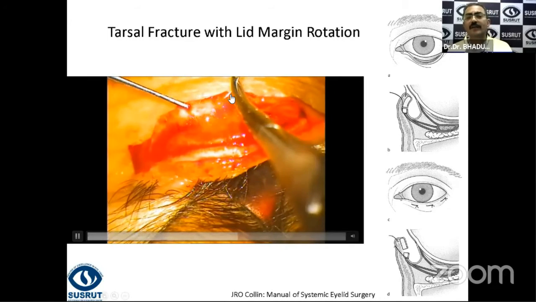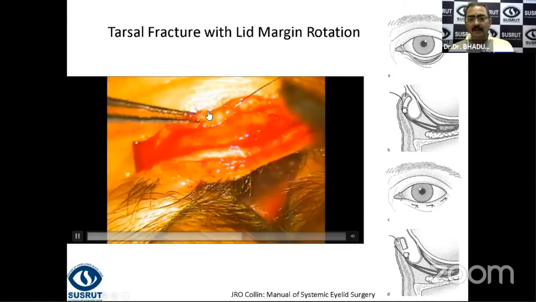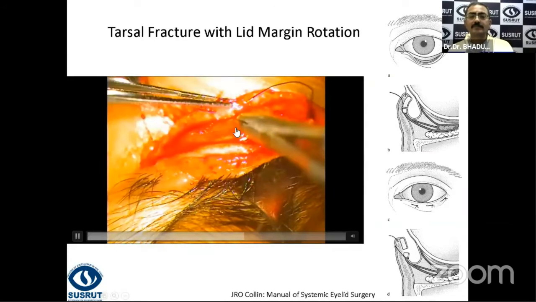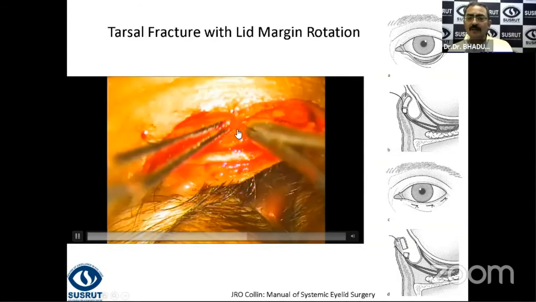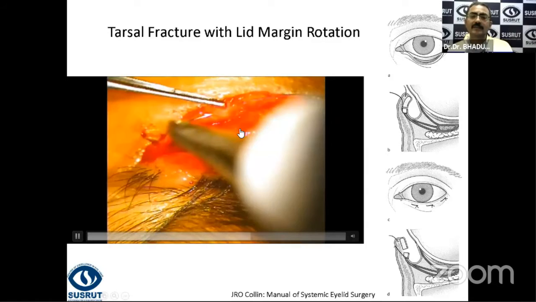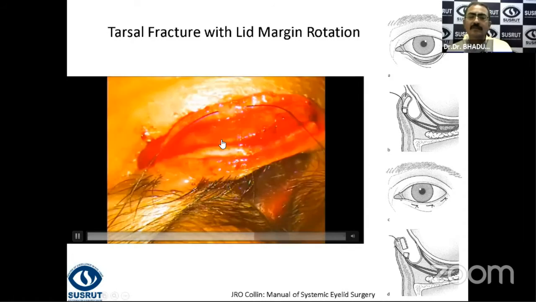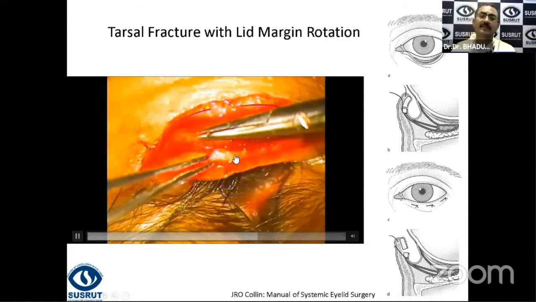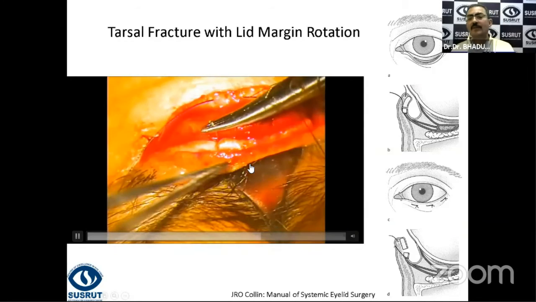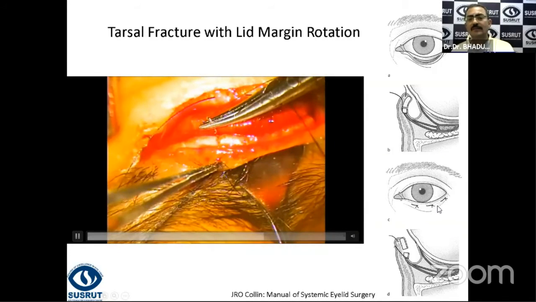So I'm passing this to the anterior face of the tarsal plate here. If you have double arm sutures, that would be nice. And we give 3 or 4 such correcting sutures, which work like horizontal mattress sutures along the lid margin.